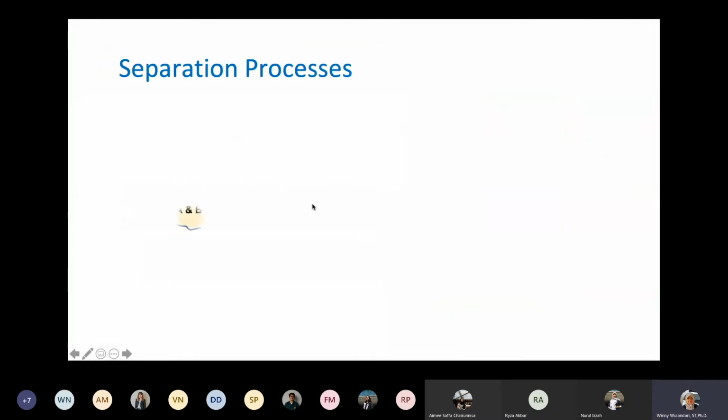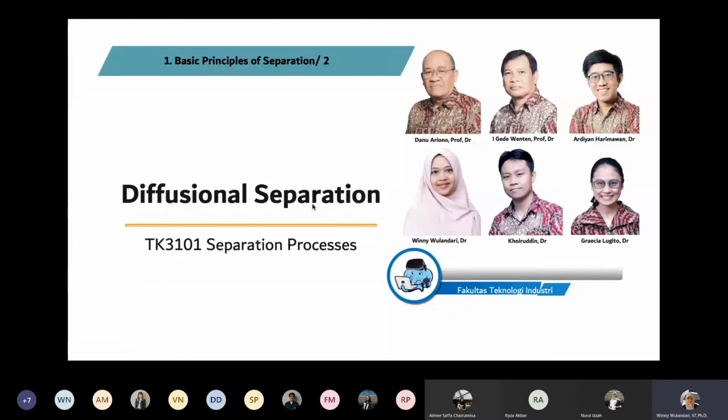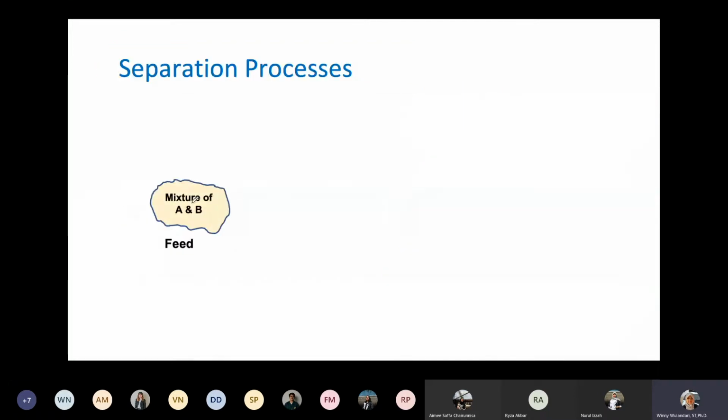Now we're gonna start about diffusional separation. What is diffusional separation? In Indonesia we call it pemisahan difusional. So that means that if we will separate in molecular because of diffusion. Okay, so